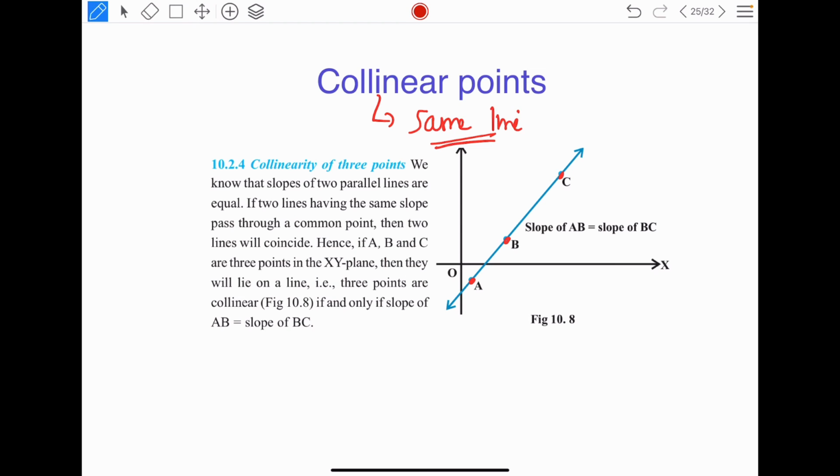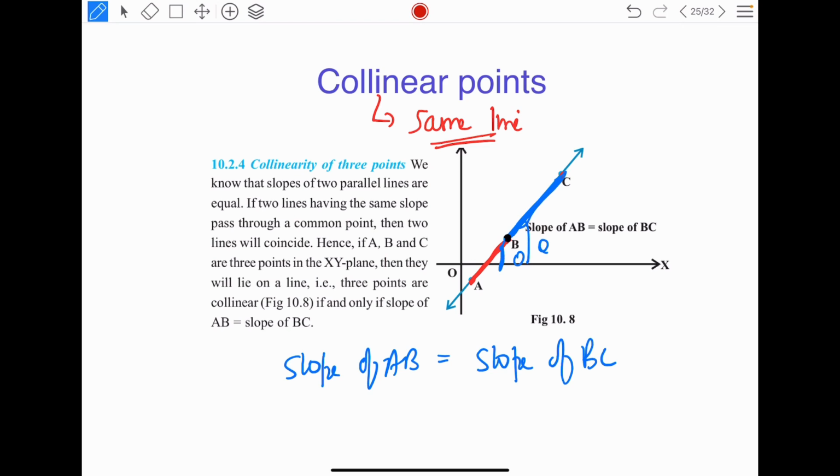So you just have to be aware of this method. Using slope, if collinear points lie on the same line, AB is a line segment between A and B and BC is a line segment between B and C. But all these points are collinear. If they lie on the same line, the slope of all the line segments on the same line will be same. The angle made by this segment with the x-axis will be theta, and this one also makes theta only. That means the slope will be same. The slope of AB will be equal to slope of BC. Now one important question. Okay, first I hope you have understood again, if I am talking about these 3 points being on one line and collinear using slope.